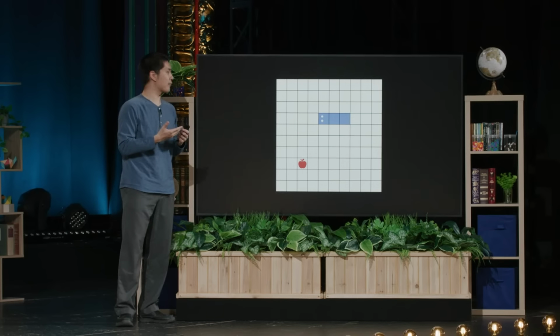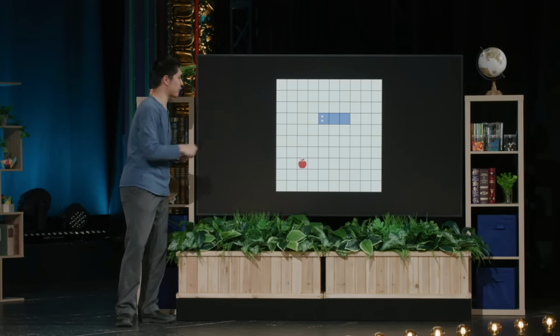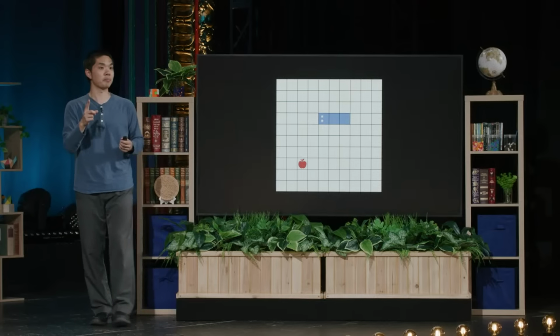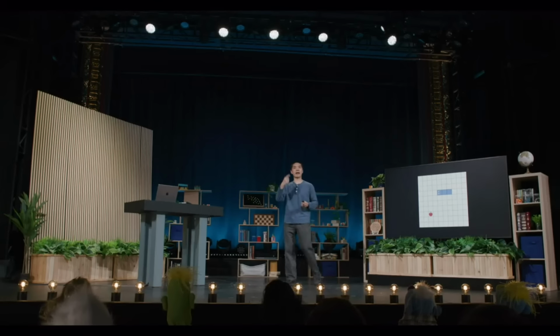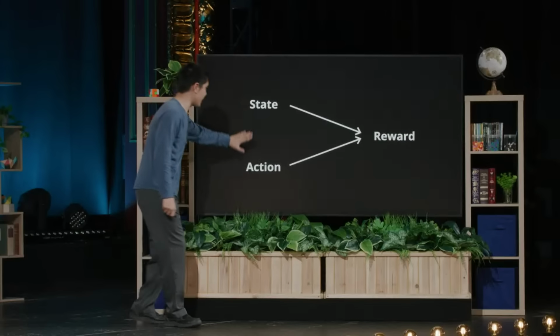Well, remember that every time it moves, regardless of whether we gave it food or not, in this case, we gave it a reward of 1. So if it just moves in a circle again and again, it can just keep accumulating 1 point for every move it chooses to make, increasing infinitely, getting many, many points, and it never needs to worry about the food at all. It can still just get a lot of reward as a result of that. And it all comes down to how it's learning to map state and action to reward.